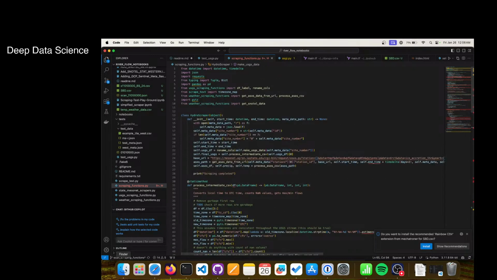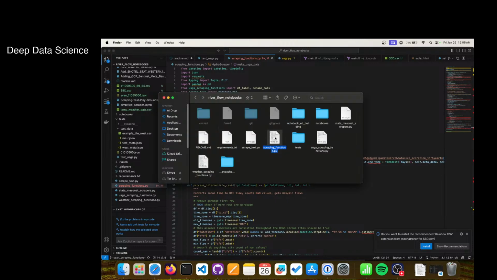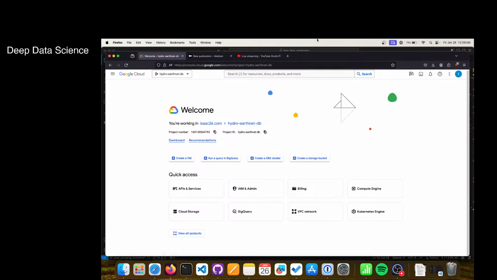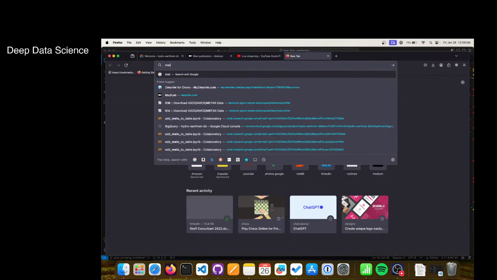So let's do that, and we should be good once we do that. Wait, why is this red? Oh, line too long. So let's go back to the